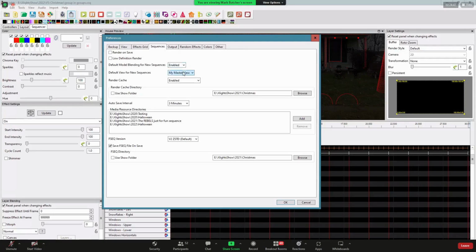That's what it appears to be, but I'm not 100% sure on that. So every time you make a new sequence, your master view could be in a slightly different order, depending on what you're doing with your layout. Once you get whatever you want to call your master view, you set this. Whenever you start a new sequence, it's going to automatically do that for you, so you don't have to go in and make your master view and save it to your sequence. It just speeds things up.